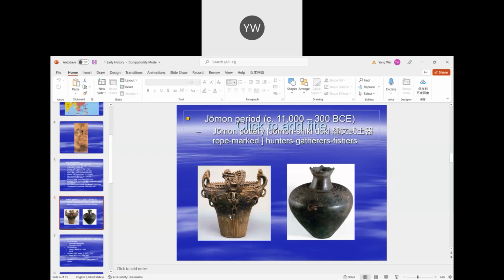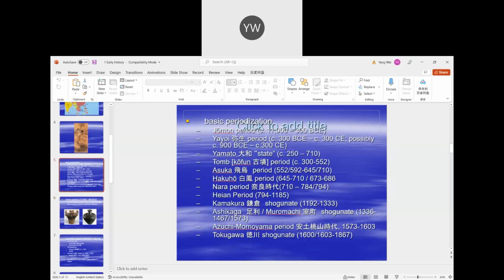So we basically found a lot of pottery from this period, and they all share one cultural characteristic, that is, having rope imprints on them. So we call this Jomon period because the people, the Homo sapiens living during this period, all produced similar pottery. They produced similar artifacts. So we use the artifacts they produce to name the time period. This is the Jomon time period. The Jomon people,